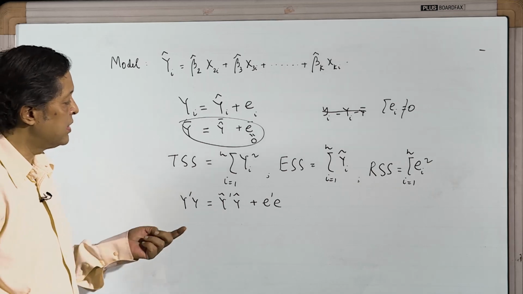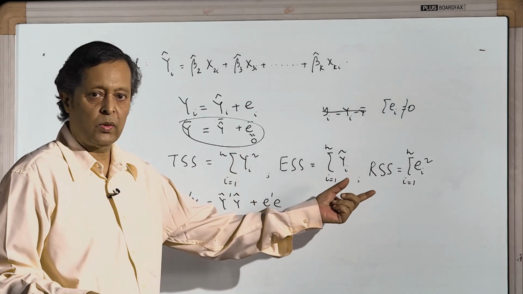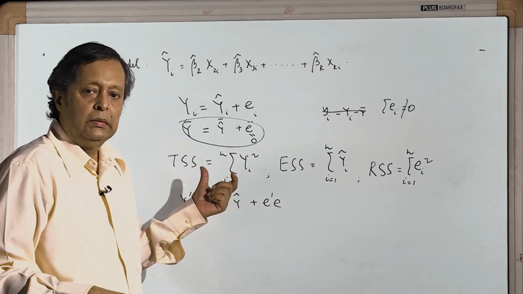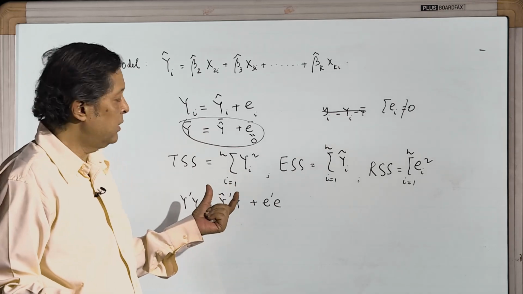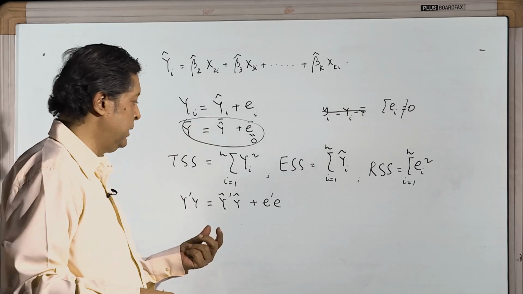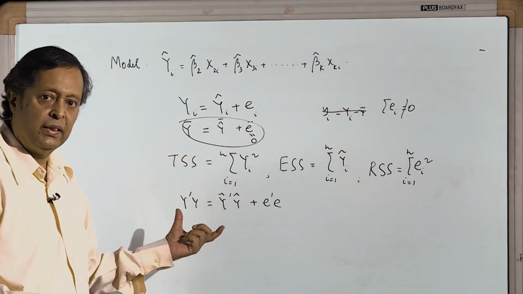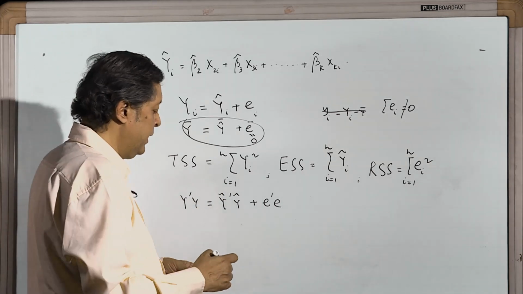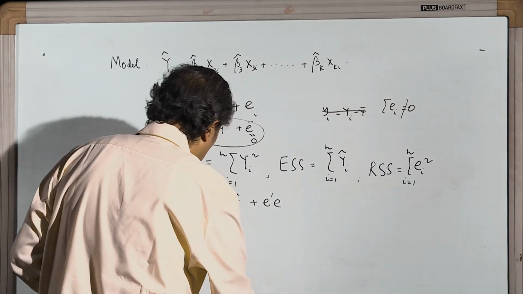Total sum of squares, explained sum of squares and residual sum of squares are all not corrected for mean. These are before the mean correction, or without the mean correction. So, that is the basic difference. Accordingly, we can now write